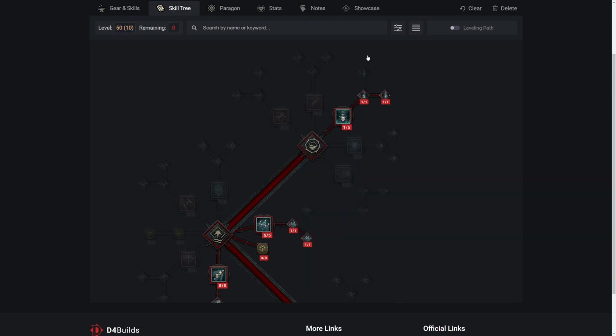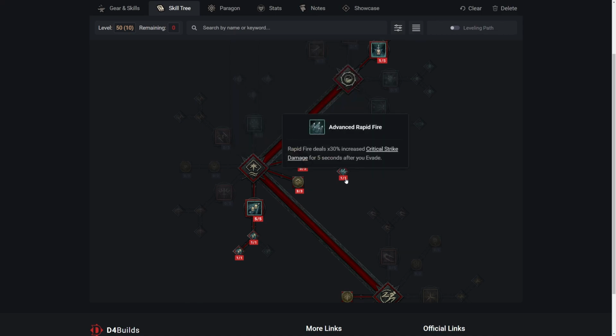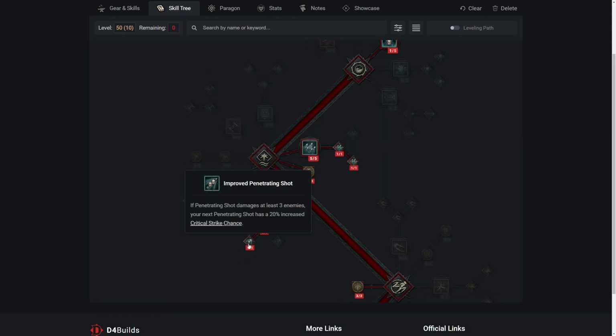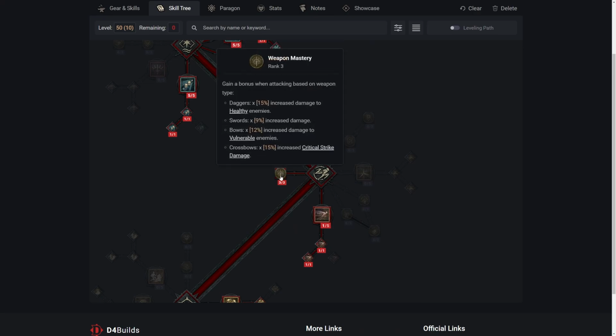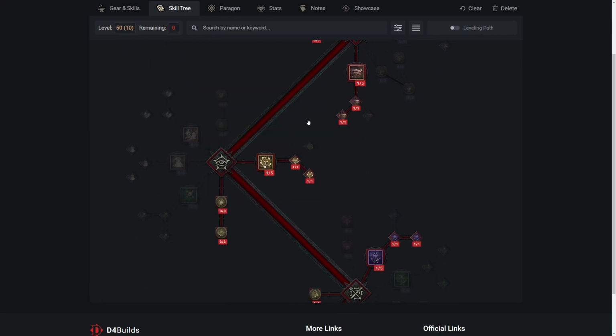Starting off, we're going 1 point into Puncture with Fundamental Puncture, maxing out Rapid Fire, picking up Advanced Rapid Fire for that critical strike damage bonus after evading, 3 into Stutter Step, maxing out Pen Shot and picking up Improved Pen Shot for an increased critical strike chance after hitting at least 3 enemies, 3 into Weapon Mastery, Dash with Methodical Dash just so we can get that up more often, Dark Shroud with Subverting Dark Shroud for some movement